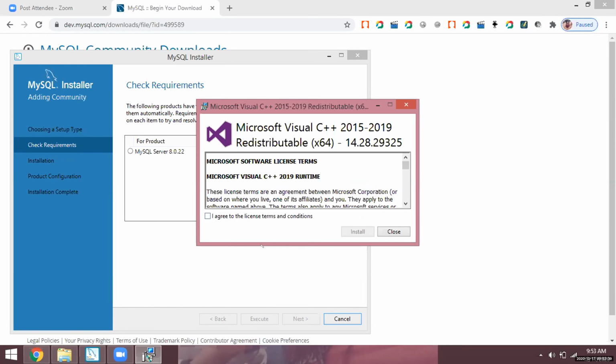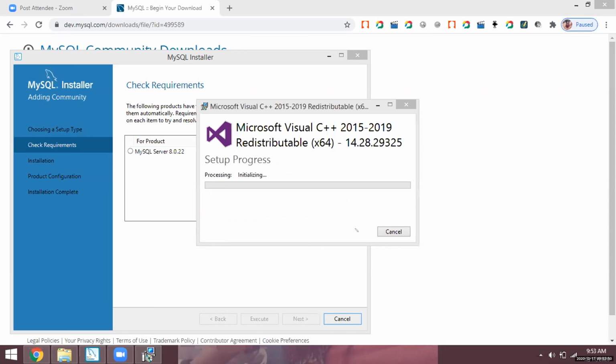You can install it. So everyone should follow these same steps, okay? Okay. Close. Next.